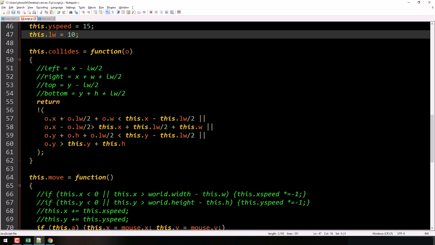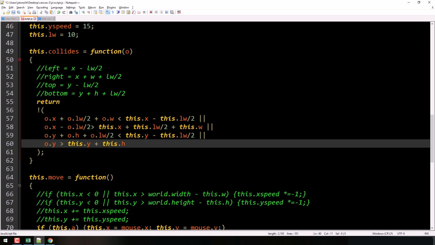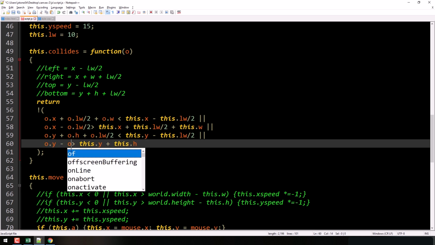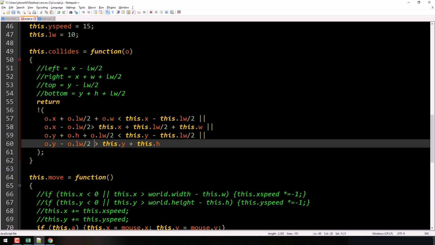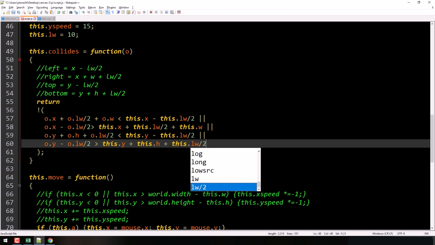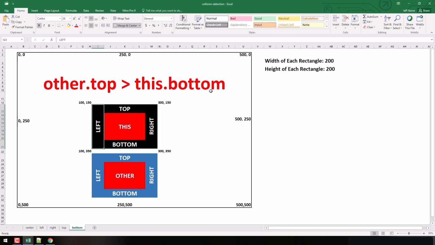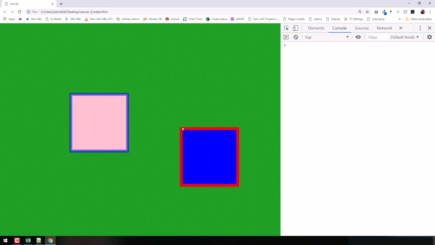All right, and here we are. We're looking at the top of the Y. Well, we need to subtract out pixels there. And this dot Y plus the height, which means the bottom of this rectangle, so I need to add in this dot LW divided by 2. Assuming my little spacing here is legit, we should be good to go here, all right?